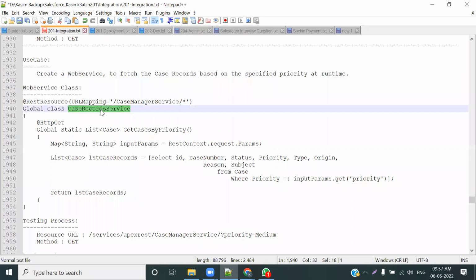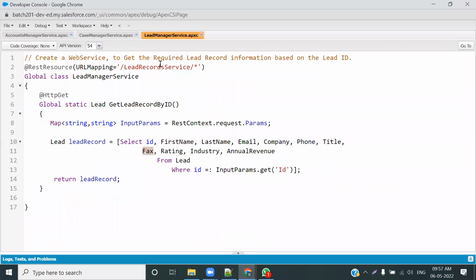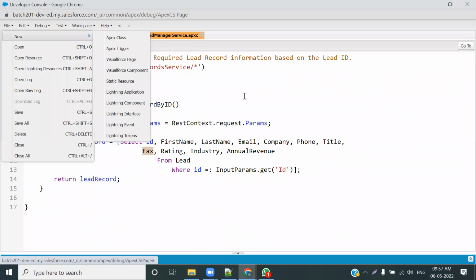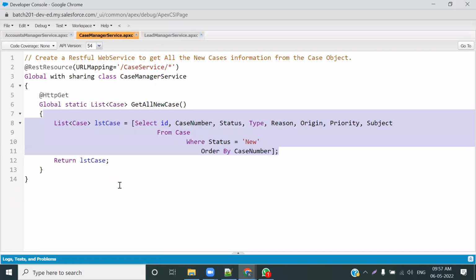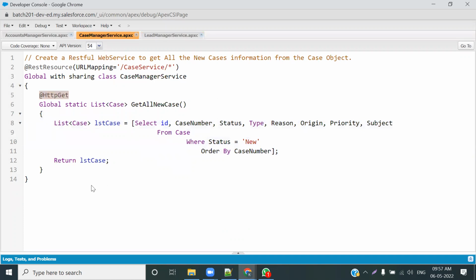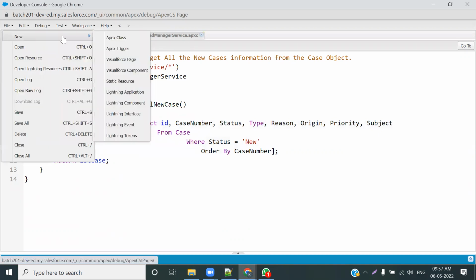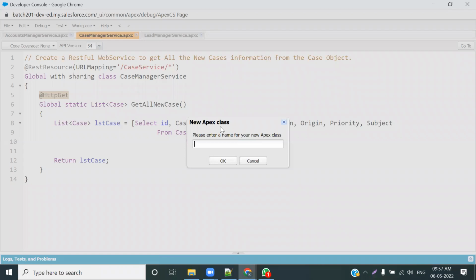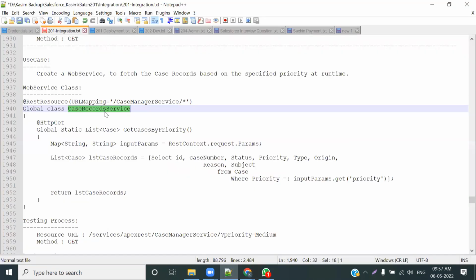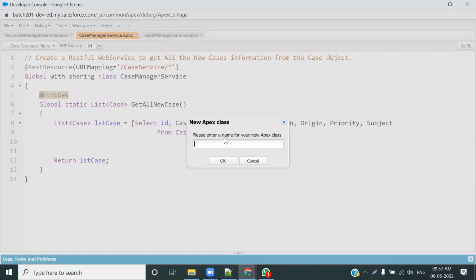So Case Record Service तो I already have created, Case Manager Service मैंने create किया है। हाँ, एक चीज और है कि एक प्रोग्राम में एक ही HTTP GET हो सकती है, मतलब ऐसा नहीं कि आप ये भी प्रोग्राम केस का ही है तो यहाँ पे एक और मेथड बना लो, ऐसा allowed नहीं है by the way। तो एक क्लास में एक ही HTTP GET, एक HTTP POST, DELETE जो भी है वो एक ही हो सकती है। तो for that actually I require to create a new class, एक नया क्लास ही बनाना पड़ेगा। Case Record Service के नाम से एक नया क्लास बना दो।